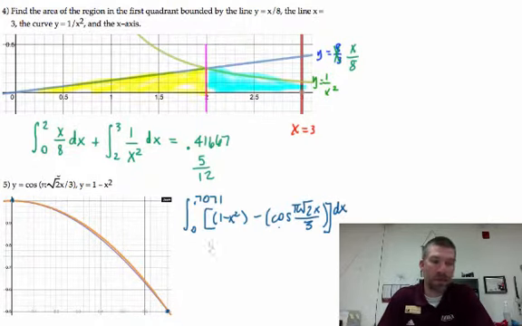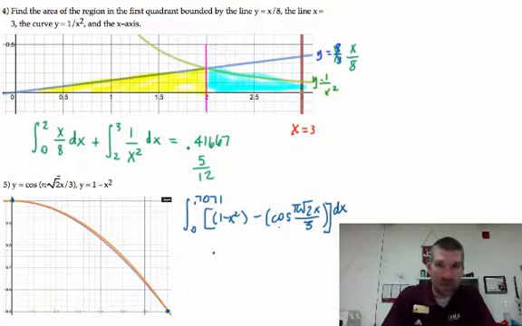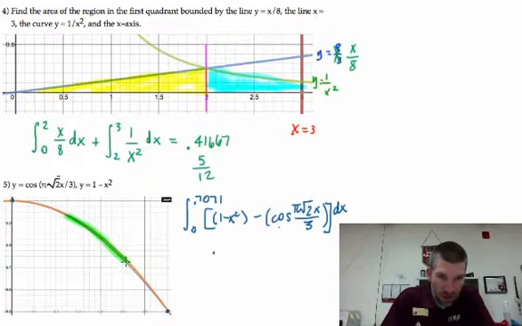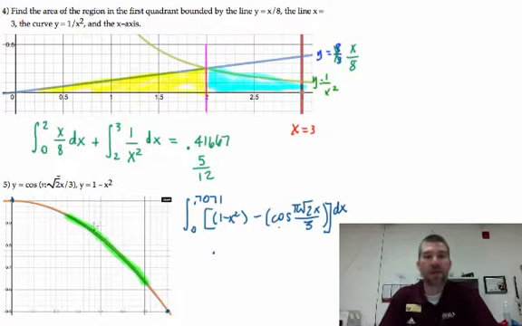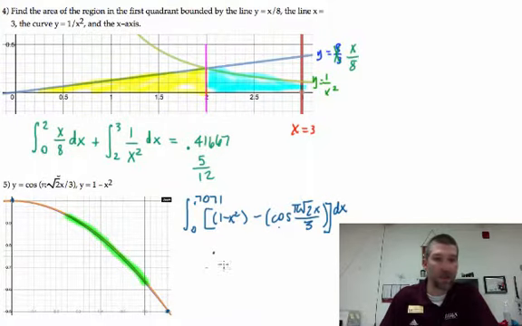So I punched it into my calculator, and it's a very small space. Let me see if I can highlight it for you. It's a very small space, and you can see a little bit of it just right here before it blends back in again. Okay, and it's very tiny. It's not very big at all. And so when you do this and punch it in, you get a very small answer, which is going to be 0.008966